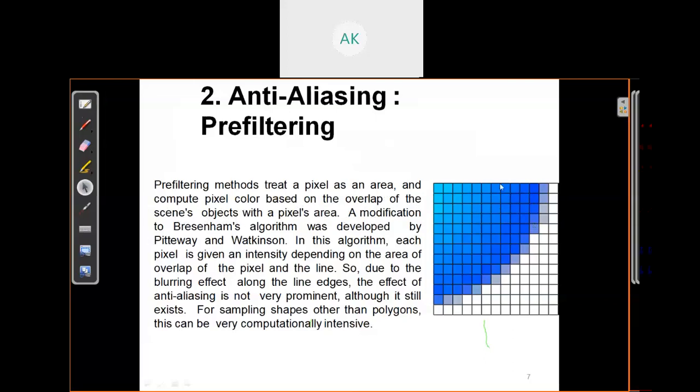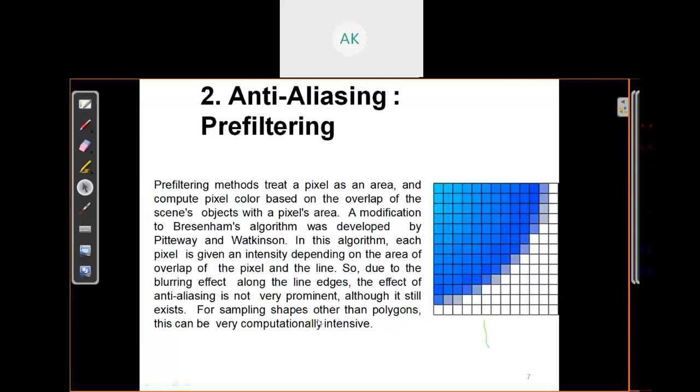Again, just consider this is an object and we are filling it with blue, and as you can see on the border, there are differently colored pixels. It depends on how much area is covered. In this diagram, each pixel is given an intensity depending on the area of overlap of the pixel with the line. Due to this blurring effect along the line edge, the effect of anti-aliasing is not very prominent. It still exists, but its appearance is less noticeable.